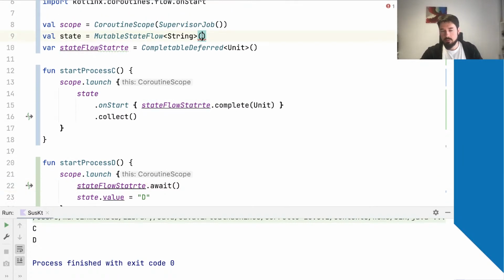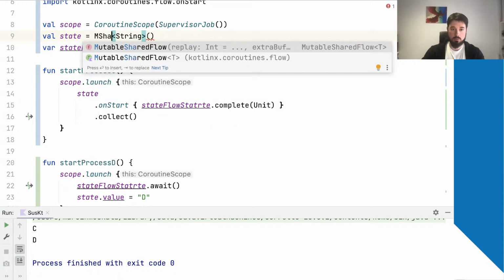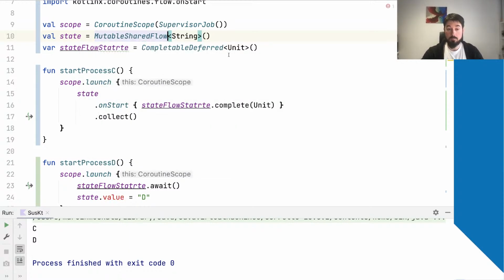Of course, there are other ways to solve that. You can set up replay here, but not always. We want to have our MutableStateFlow. It was actually a MutableSharedFlow, not a StateFlow. StateFlow has replay of 1, so MutableSharedFlow. Okay, but getting back to the topic and to questions,